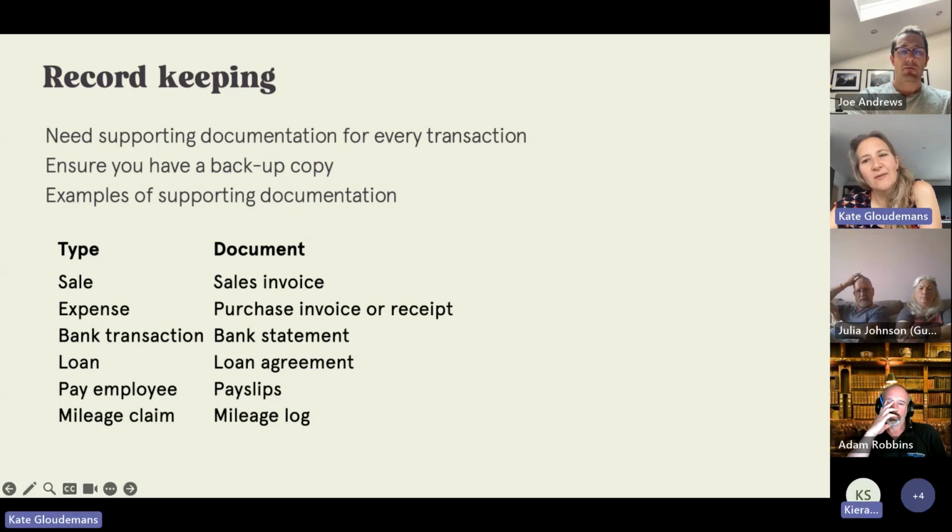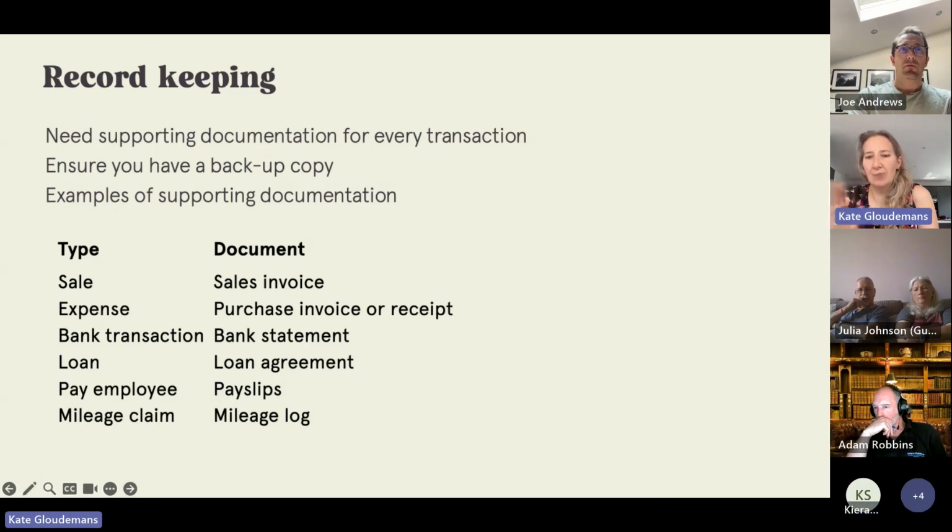But without that, you don't have that support. Does that make sense? Yeah. And yes, if you're using accounting software, it gives you the option to add your receipts, which is great. And I encourage people to do that, because as and when you get bigger, if you've got somebody else doing your records,